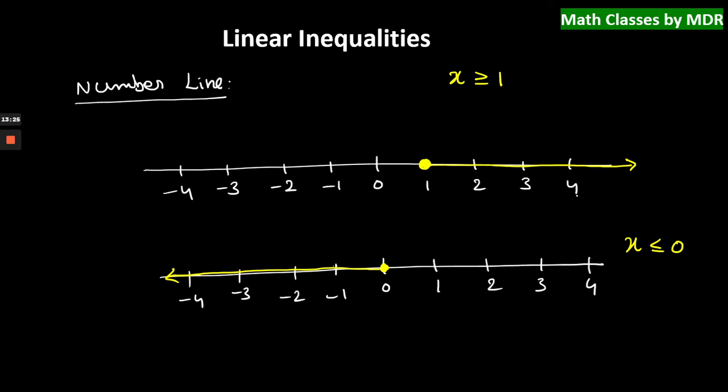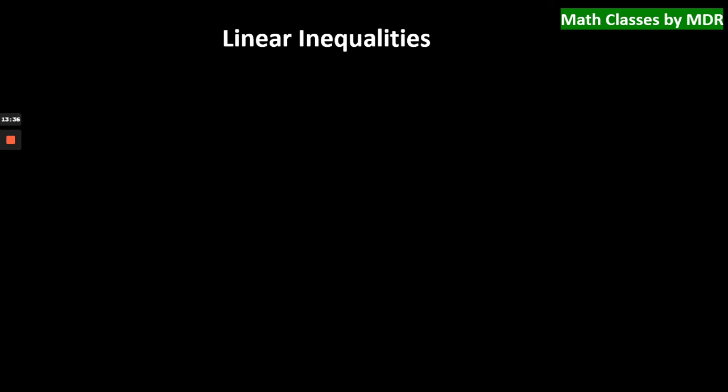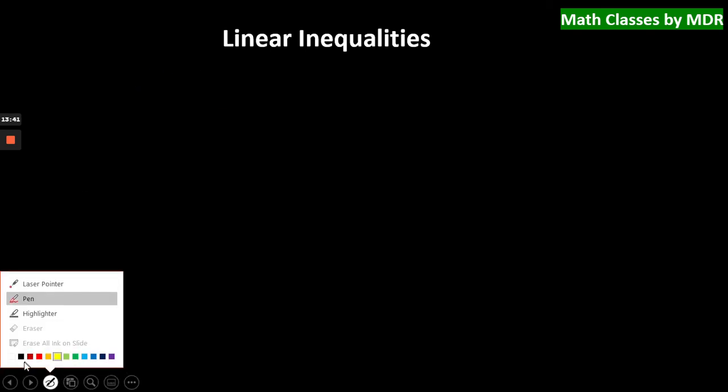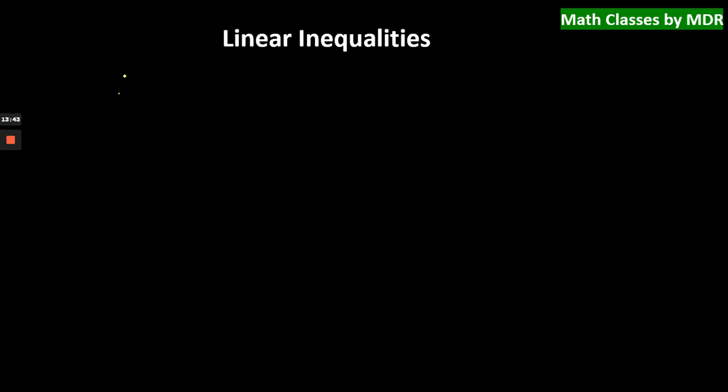Okay, so greater than means always the right side of that number, and less than means the left side of that number. Right? So this is what we are going to see in solving the problems. And one more thing is representing. Suppose you come across a solution where you have x greater than 2, and all are natural numbers. So you know about natural numbers, integers and real numbers, right?